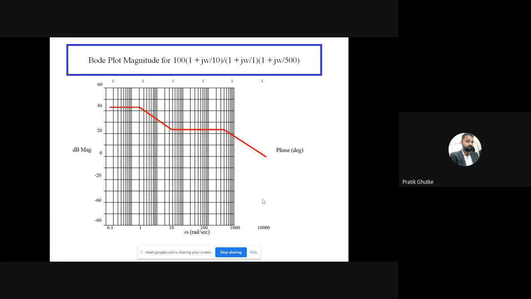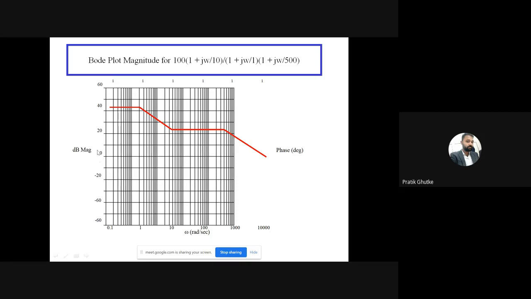So first of all, as shown in the figure, this is exactly how your Bode plot will look. That is semi-log paper. On the x-axis at the bottom, I have marked the frequency. In all numericals, you have to mark the frequency in this way only, starting with 0.1, not 0, then 0.1, 1, 10, 100, and then 1000. Take these readings only.